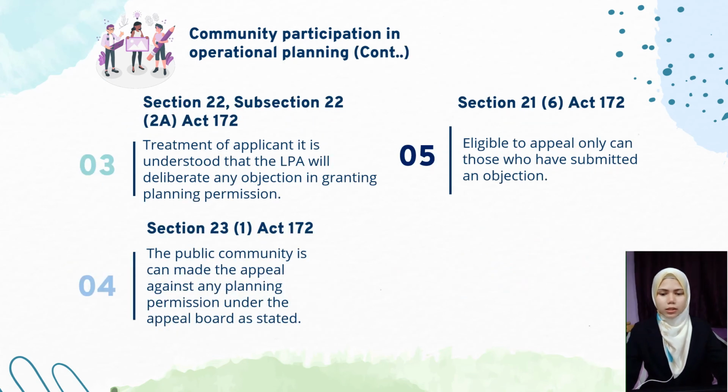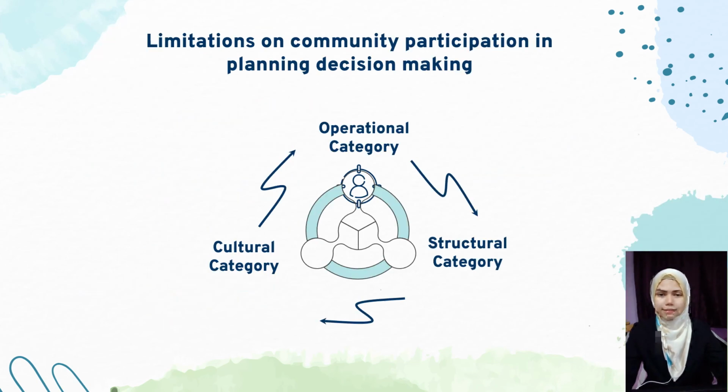Another thing is the treatment of applications. It is understood that the LPA will deliberate on any objection in granting planning permission, and the public community can also make an appeal against any planning permission to the appeal board. Lastly, on eligibility to appeal, only those who have submitted an objection can appeal. They have limitations on